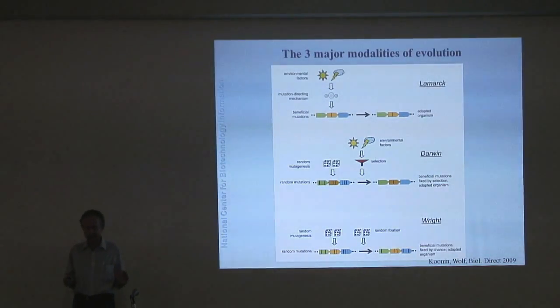The reality of it, I think, is rather different, and it's not so clear who is getting the last laugh. Probably more than one person. To conceptualize this, let's think about three major modalities of evolution, which are characterized